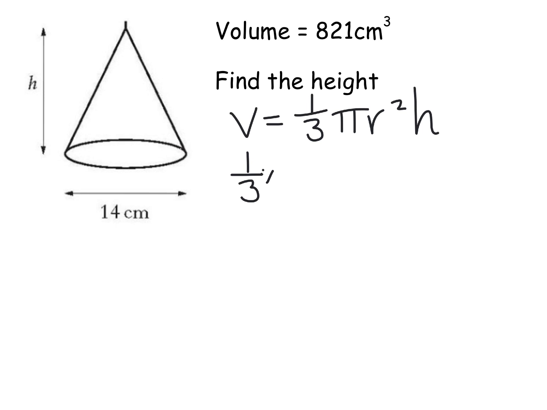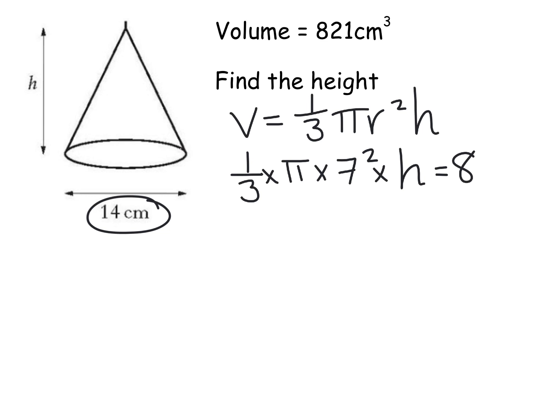We know 1/3 times pi times, well, my radius here is 7 because my diameter is 14. So pi times 7 squared times height, which we don't know, gave me an answer of 821. Now, if nothing else, your first mark is for plugging in your radius and your volume. That's got you 1 mark. Next step is do what numbers you can. So we can do 1/3 times pi times 7 squared, which gives us